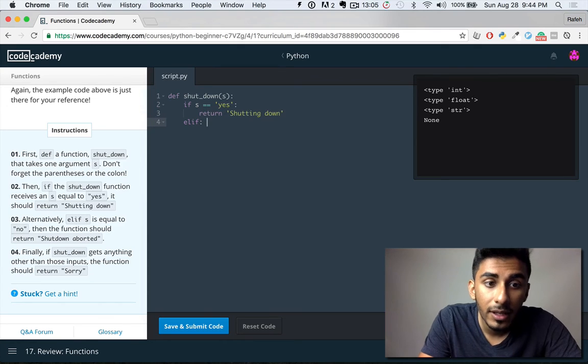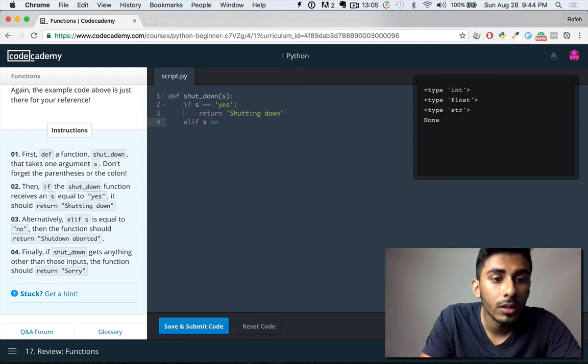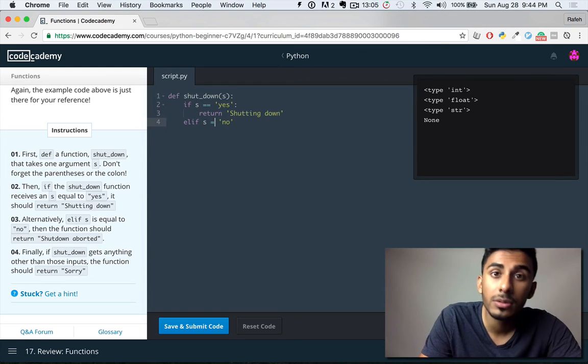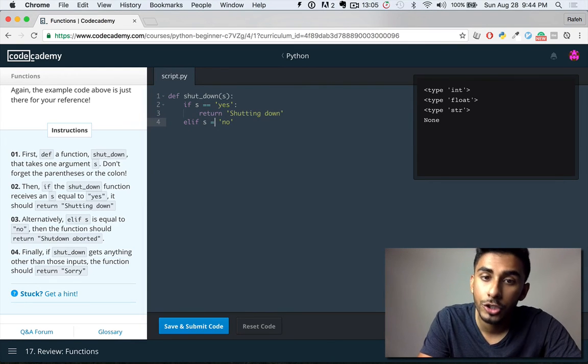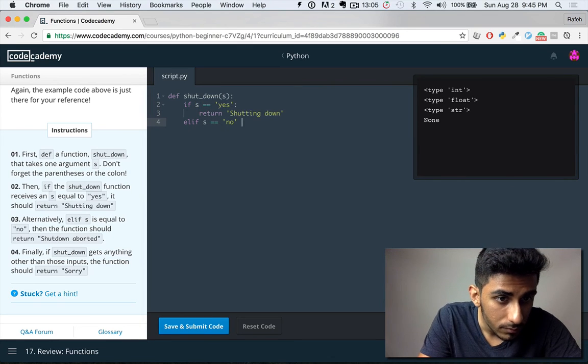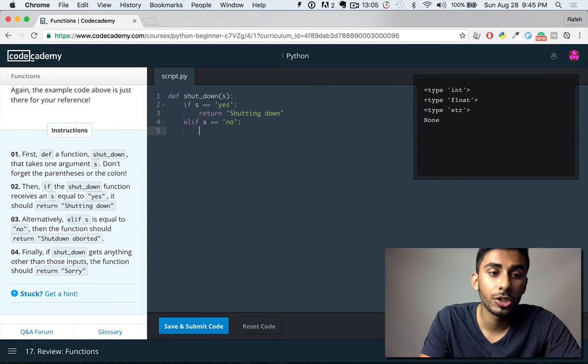Otherwise, else if s is equal to no, and there's a difference between 1 equal sign and 2 equal signs. 1 equal sign is an assignment operator. Two equal signs is a comparator operator. It compares two objects. This equal sign will try to make s equal to no. These two equal signs check if s is no. Okay, big difference there. Then the function should return